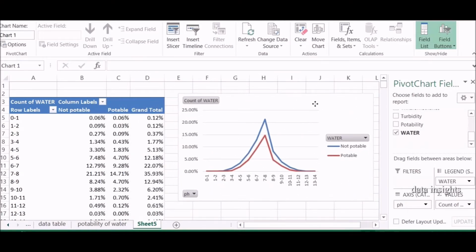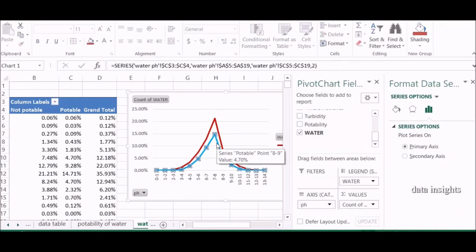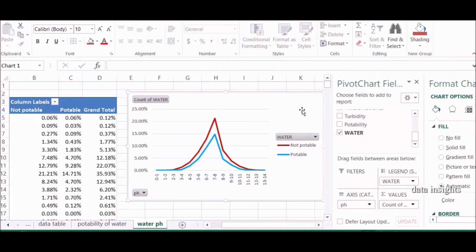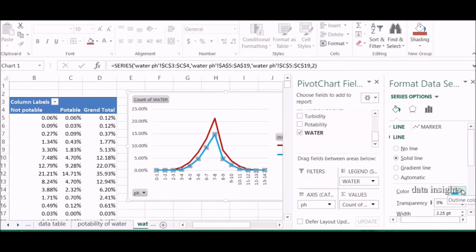Once you change it into percentage of grand total, insert a pivot chart. This chart shows that most of the water pH is between 5 and 10. Both potable and not potable have this pH.